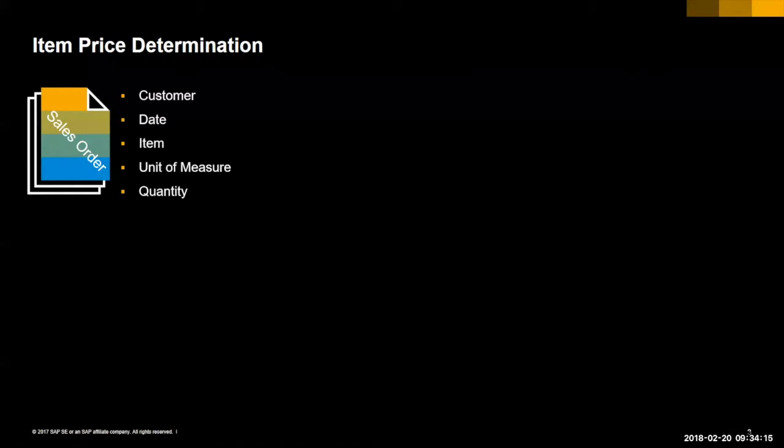We have a sales order set up in the system, and there are a few factors that need to be keyed into the order to drive pricing. The first is the customer, pretty straightforward, and then the date of the document. Generally when you raise a sales order, it would be today, but that's crucial to determine some of the pricing within SAP. From there, we would enter the item, the product, the unit of measure for that particular item, and then the quantity that the customer would like to purchase from you. So once those 5 factors have been entered into the system